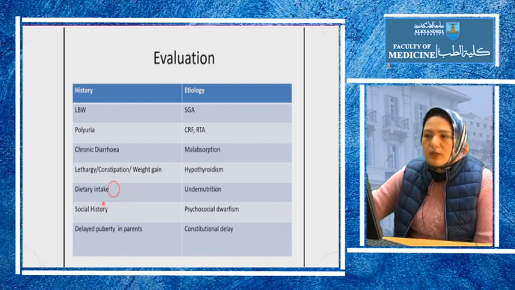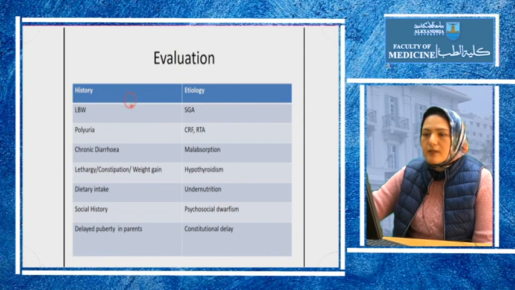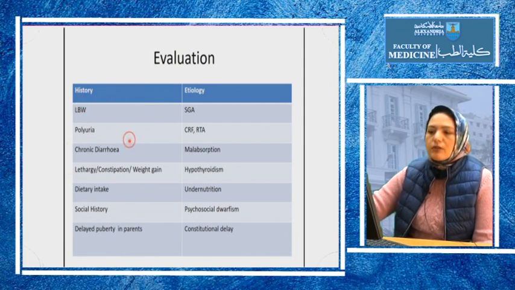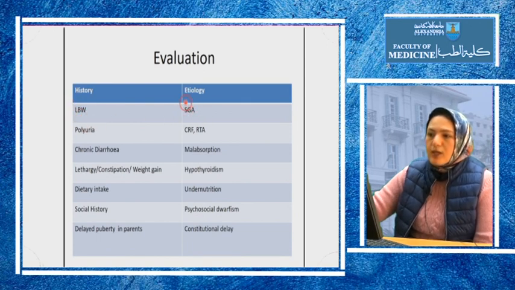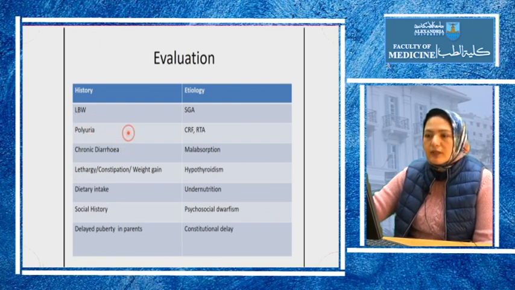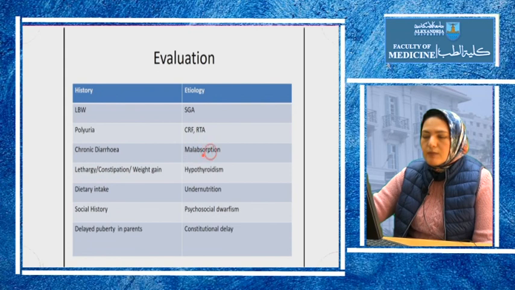So, as we mentioned before, here are some examples of the presentations or the diseases that are associated with short stature, including the following: the low birth weight, usually associated with a patient with small for gestational age. You have to ask if the patient presents with polyuria or any nephritic and nephrotic signs and symptoms, to exclude chronic kidney diseases, chronic diarrhea, to exclude malabsorption or GIT problems.